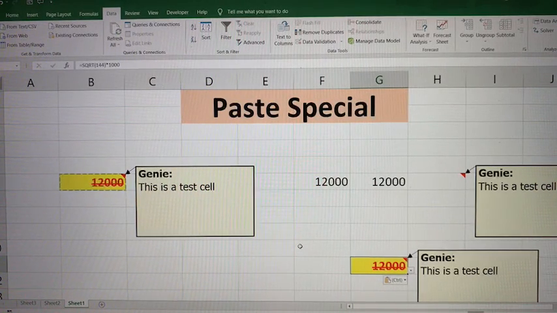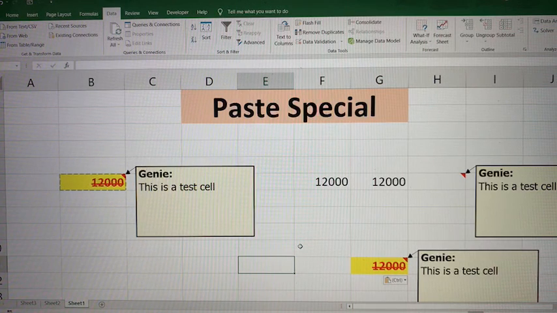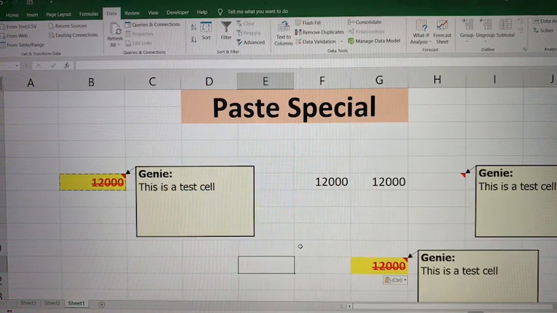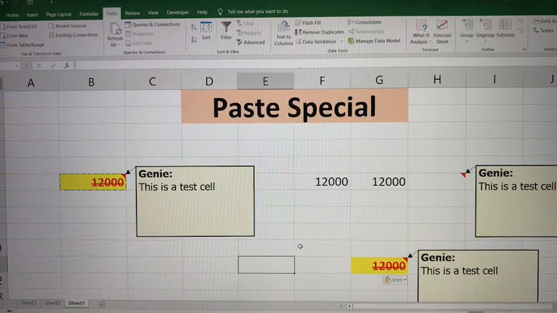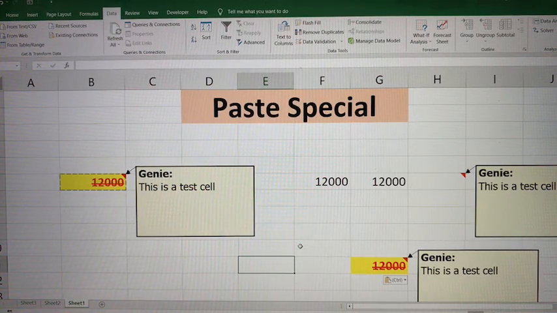This is with respect to what all things you can copy. Now the second aspect of paste special is that during the time of pasting, it allows you to do calculations also. That means that it will paste on the location as well as it will do the calculation at the same location. Now this is useful especially if you have data somewhere and you don't have space to add additional columns to do calculations, etc. But this only works for simple calculations.